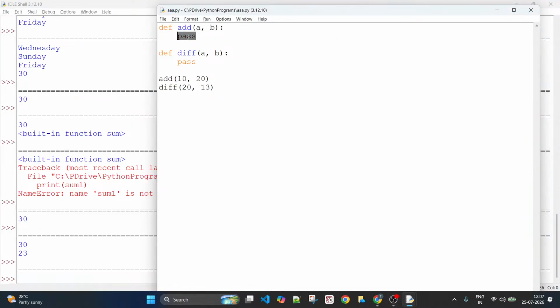So pass is the keyword that helps you define functions incompletely, but you still don't get any errors. This is just for prototyping or for POCs, proof of concept delivery. If you have some thought in your mind that you want to modularize the code in a certain way, then you write it this way.